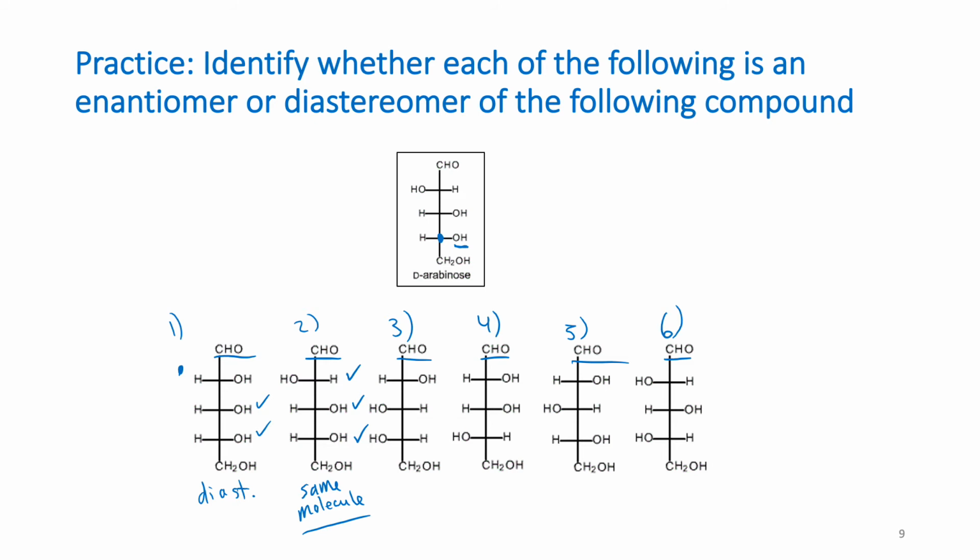Okay, if you look at number 3, notice that this stereocenter is different, this one's different, and this one's different. That's your enantiomer because every stereocenter is different. Number 4, different, same, different. This is a diastereomer because it's not the complete mirror image. Number 5, you have different, different, same. That's another form of a diastereomer. And then lastly, in number 6, you have the aldehyde. You have same, same, different. That's a diastereomer.